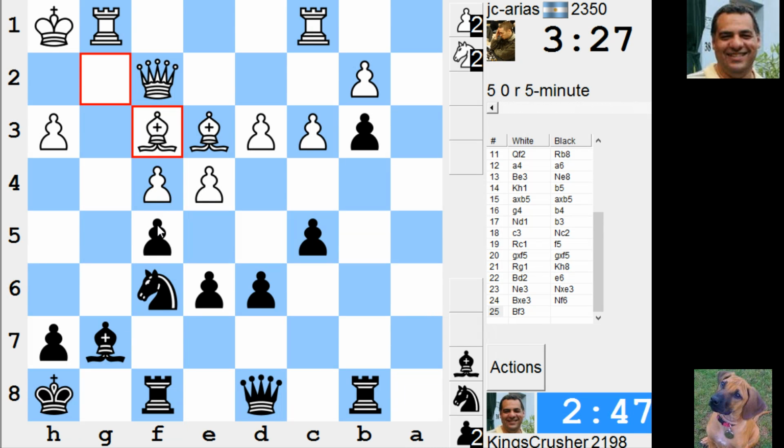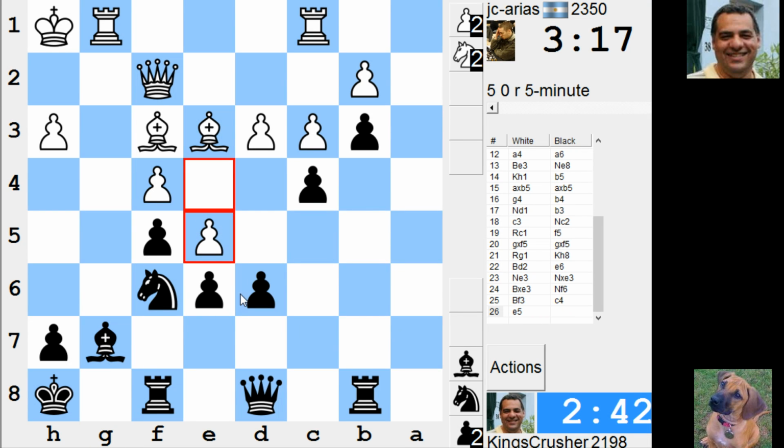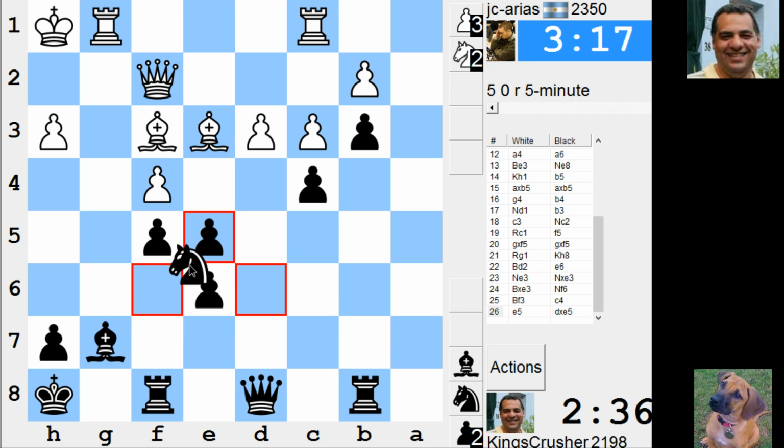Okay, if I have to do F takes now. Or C4, C4. Trying to break the structure. I mean, that makes sense. Unless he's got rook G7 or something. Might do. Might have to defend this. With rook G8, that would have been... Alright, if I take... Or knight D5, I think taking...